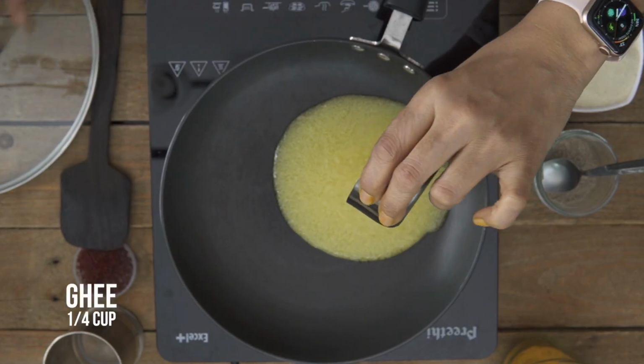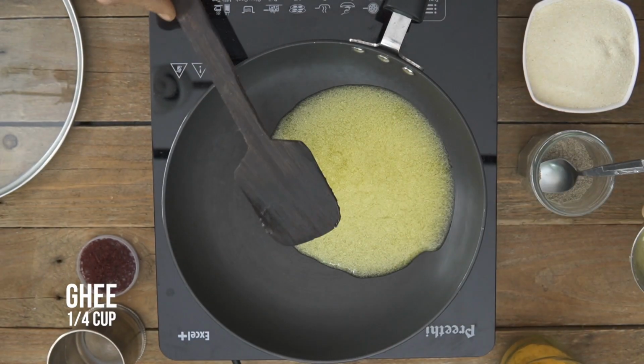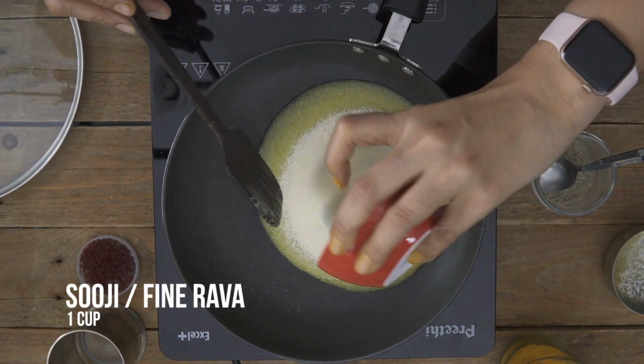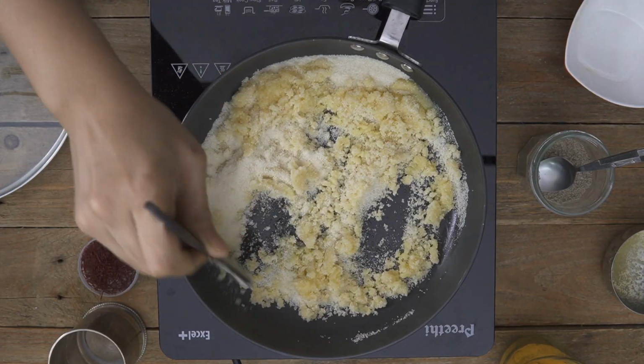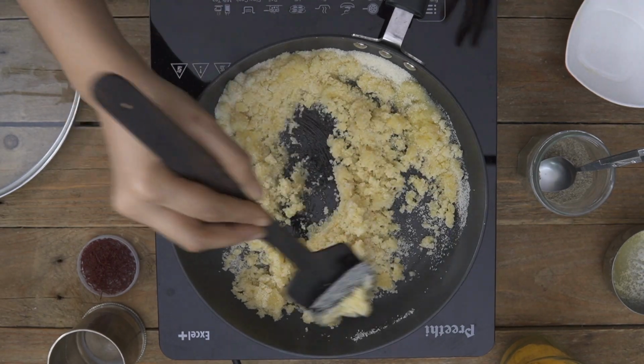So the next step is to roast the Sooji in ghee. I like to take about a little more than 1/4 cup of ghee for making the Sooji Halwa. For 1 cup of Sooji, I use about 1/4 cup of ghee. Okay, so that's just good enough. A lot of people use a lot more, sometimes a little less, but this is just a perfect amount. So that's it. So now I'm just going to go ahead and roast the Sooji or the rava